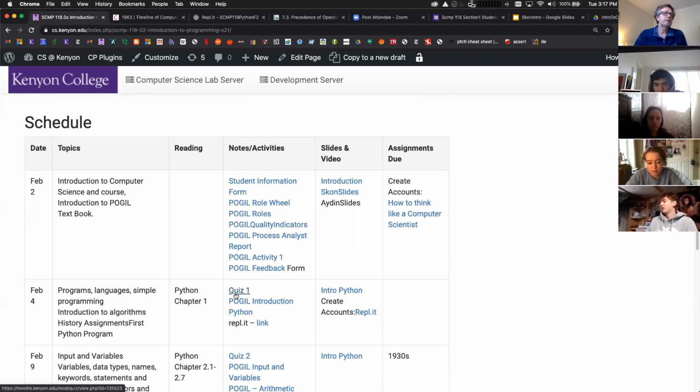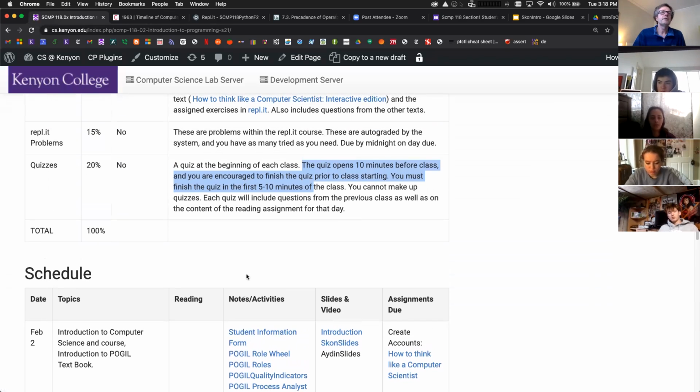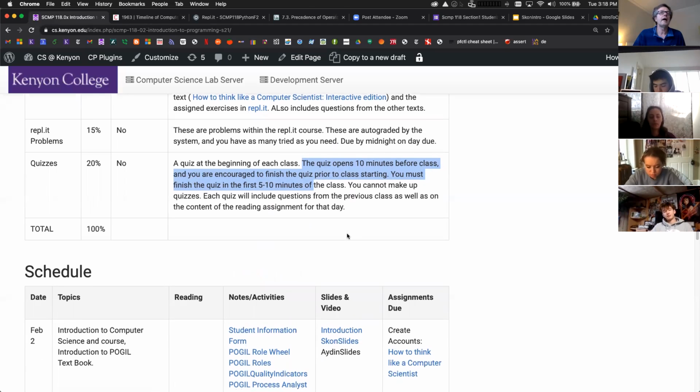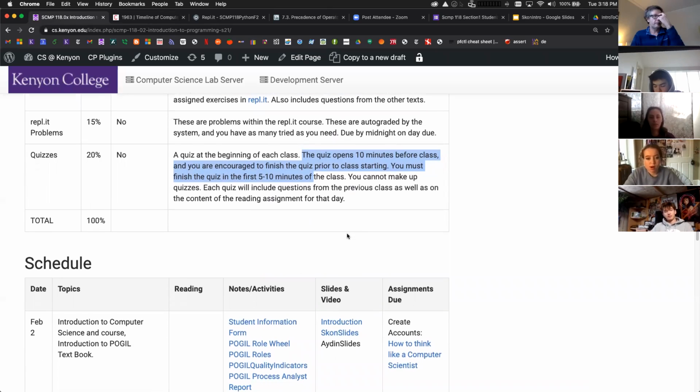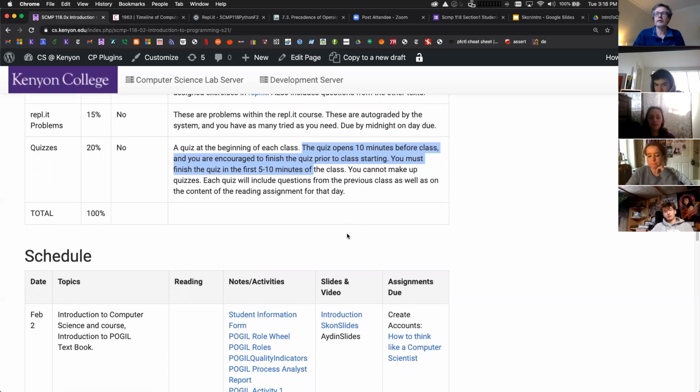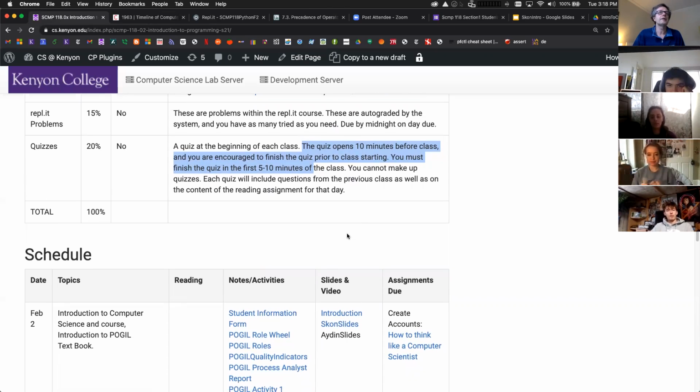You have to be there at the beginning of class. And by the way, if you come to class late and you miss the quiz time, you miss the quiz, and then you get a 0. On the other hand, if you come a little earlier, you can actually get the quiz done, and save a little bit of time at the beginning of class. I realize not everybody can do that, so I'm not requiring you to come early. I'm just saying we open it up before, and then you take the quiz, and then we move into the topic of the day.